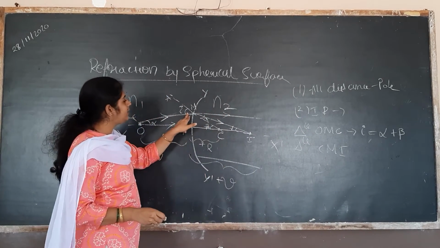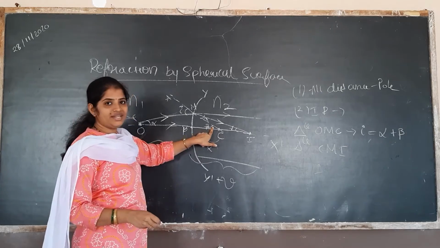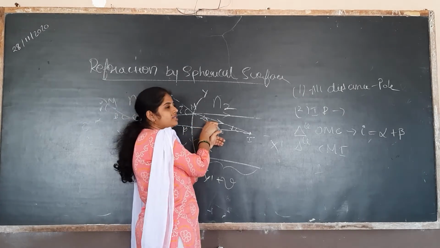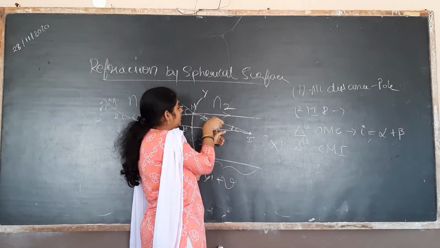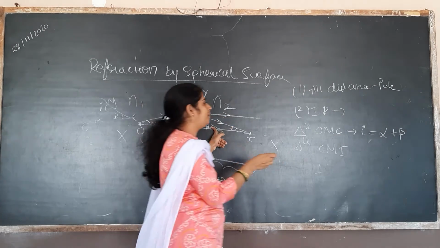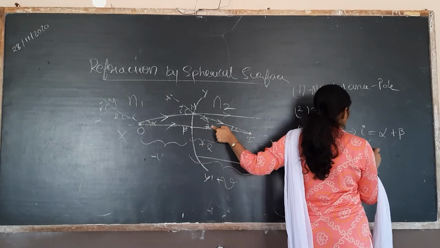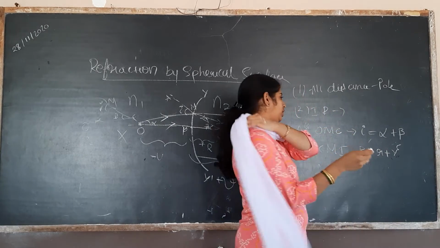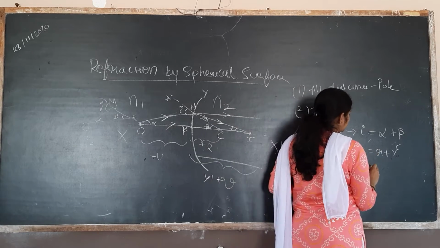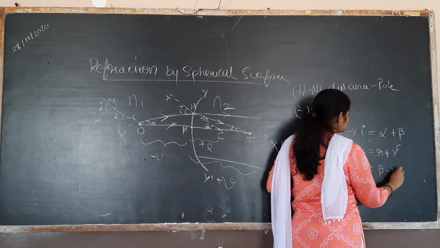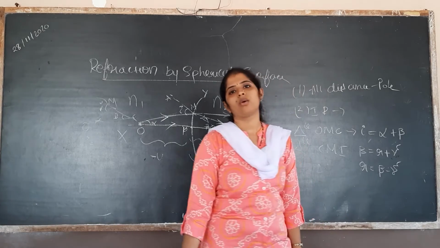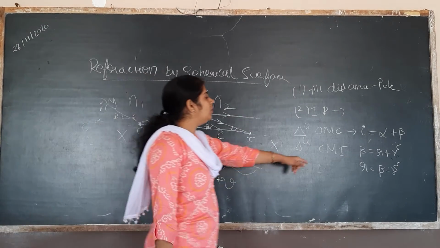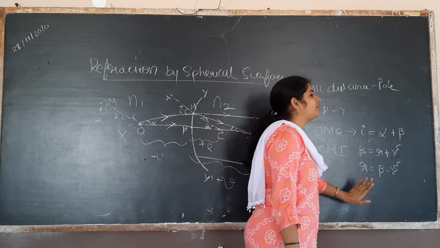So from that, beta is the exterior angle. Once again, the exterior angle is equal to the sum of the opposite interior angles, R plus gamma. Beta is equal to R plus gamma. So we want R is equal to beta minus gamma. Okay, understood? So we now have the I value and we have R.